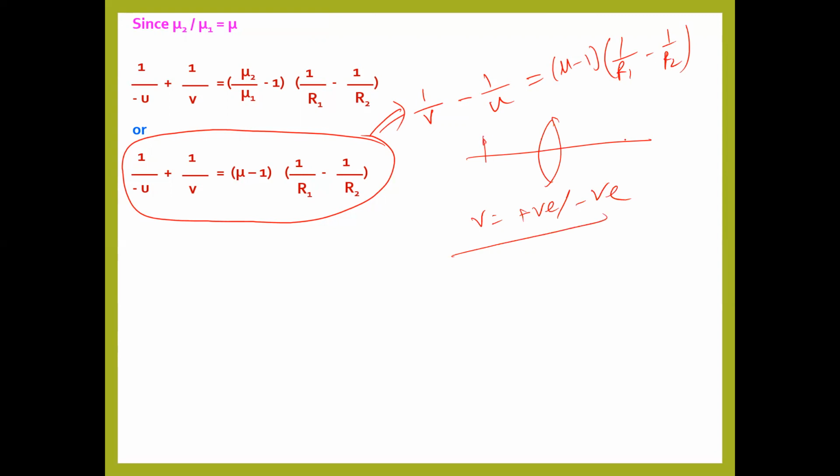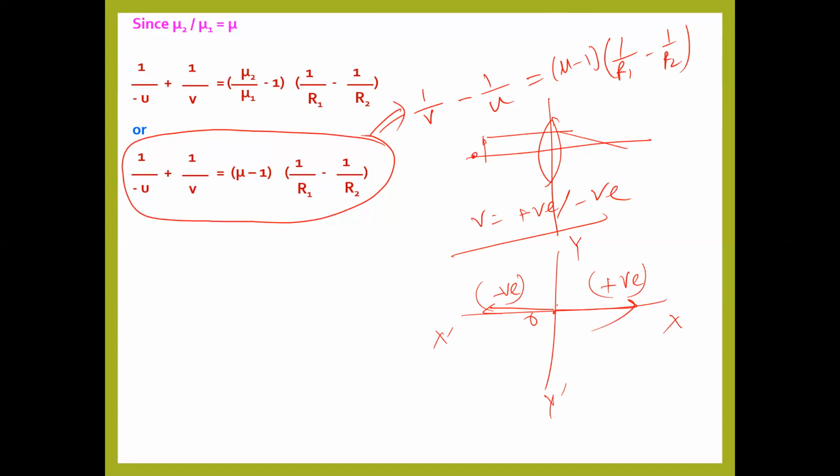First, we have to draw the diagram. After that, we have to take the sign convention, which depends on, just remember, the x-axis and y-axis. If the distance is measured from that point in that direction, those values will be negative. If it is in the other direction, then we will take the positive direction. And always we try to put the source at the left side. We try to, but it is not always possible. But almost every time we try to put the object on the left side of the diagram.